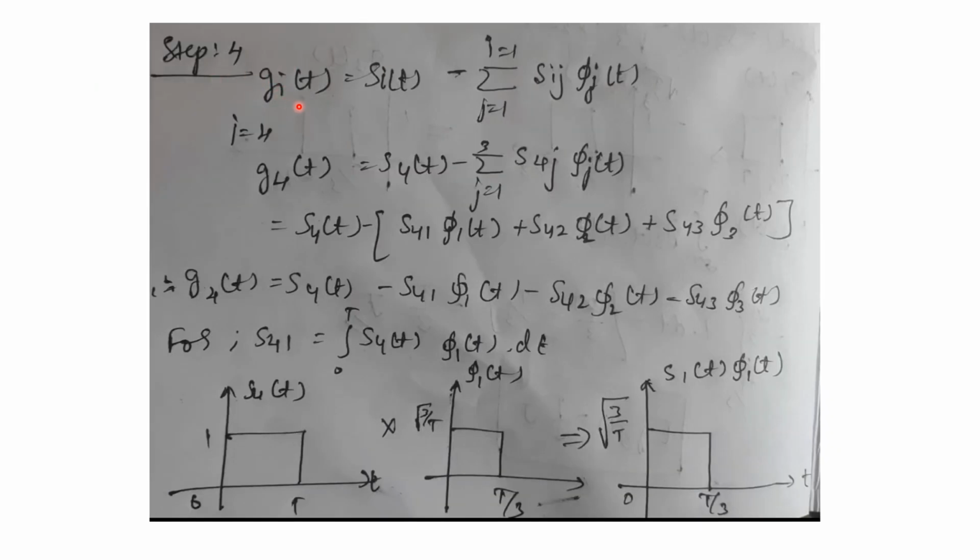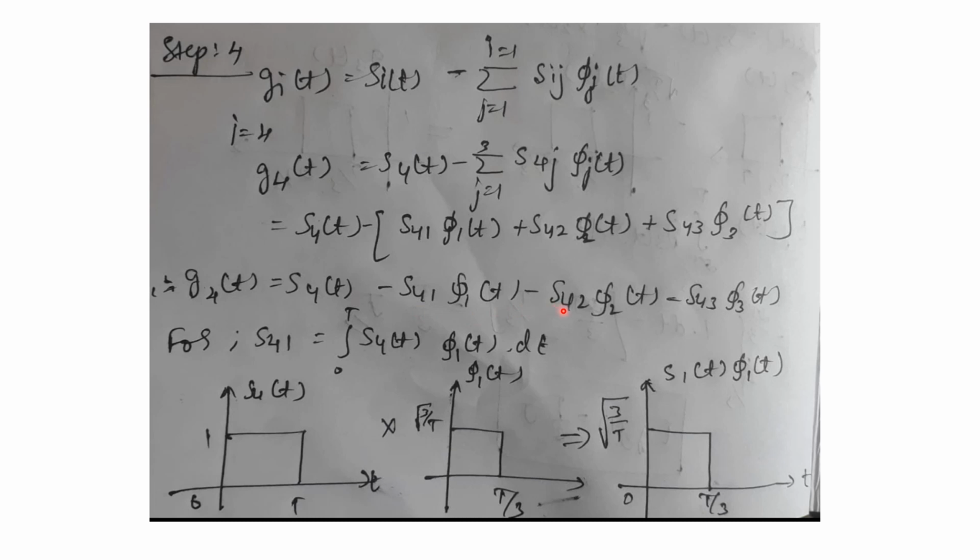Step 4. gi of t is equal to si of t minus the summation of j equals 1 to i minus 1 of s_ij phi j of t. Here i is equal to 4 because we have considered 4 signals. g4 of t is equal to s4 of t minus the summation of j equals 1 to 3 of s4j phi j of t, which is s4 of t minus s41 phi 1 of t plus s42 phi 2 of t plus s43 phi 3 of t. Therefore, g4 of t is equal to s4 of t minus s41 phi 1 of t